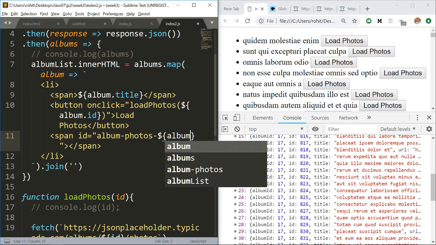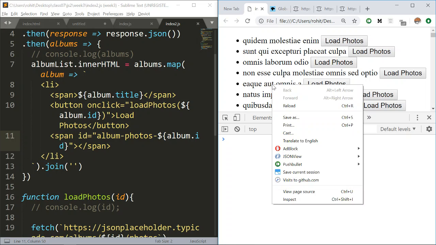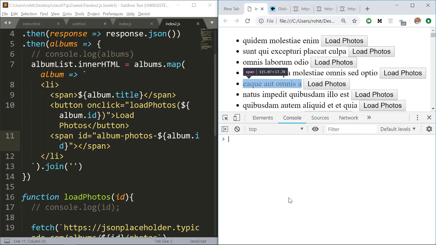So we get album.id. This is a weird step, right? I'm just creating an empty span inside each one, so I would be able to attach the photos over there later on. So when I refresh over here and I go and do an inspect,